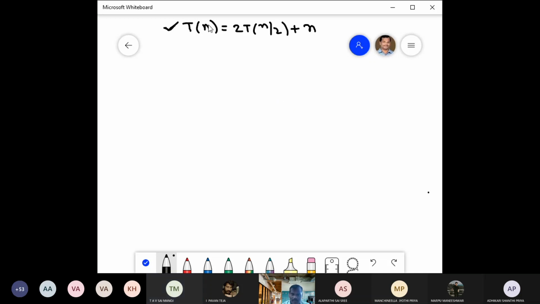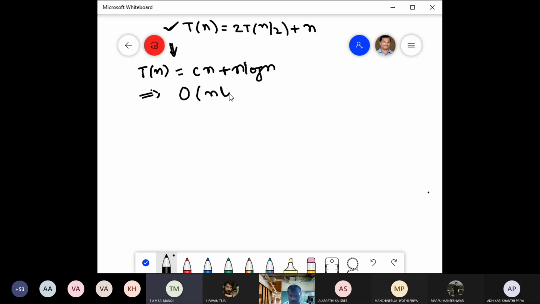By solving this using the substitution method, you will get T of n is 2 power k, Cn plus n log n, where n is 2 power k. If you express this in big O, it is order of n log n. This is what we solved in the previous session.